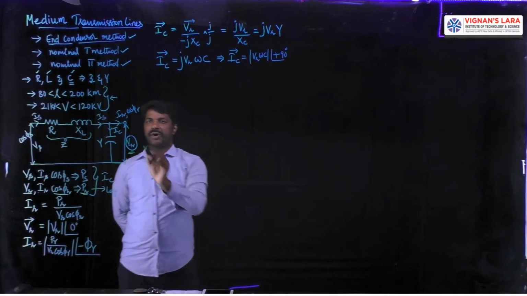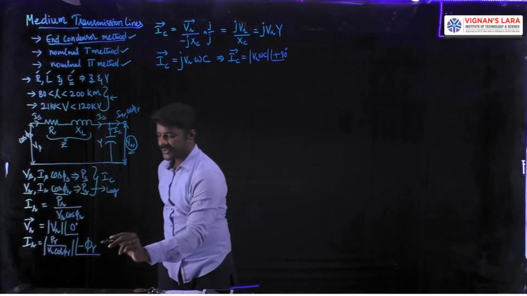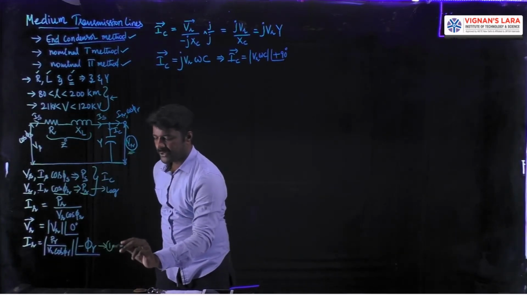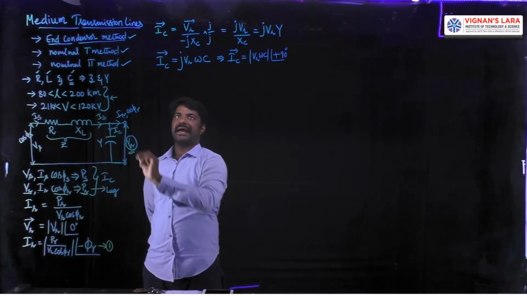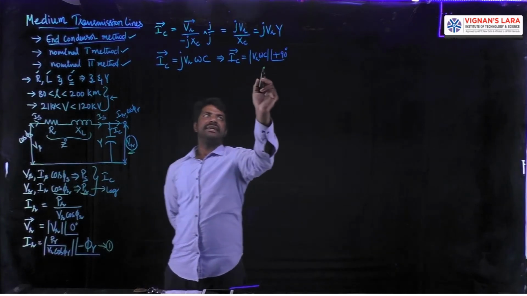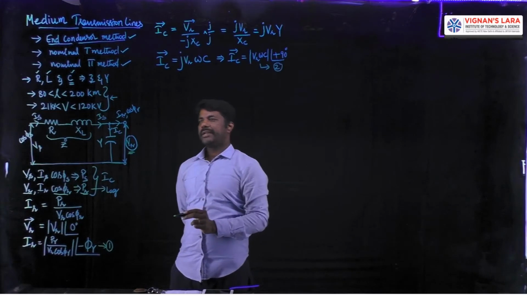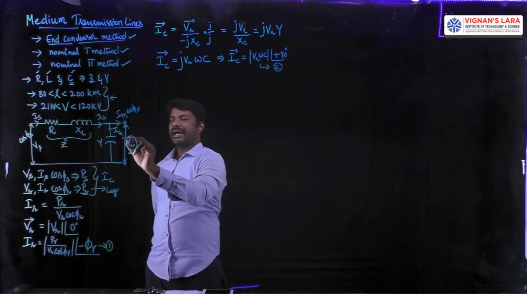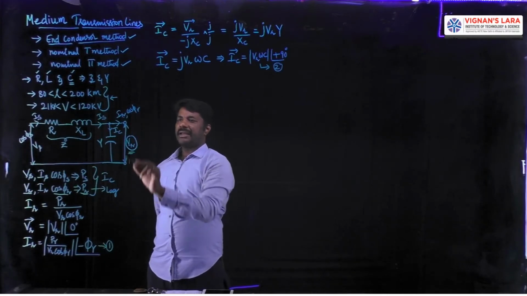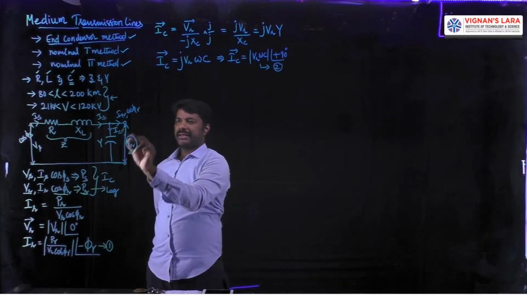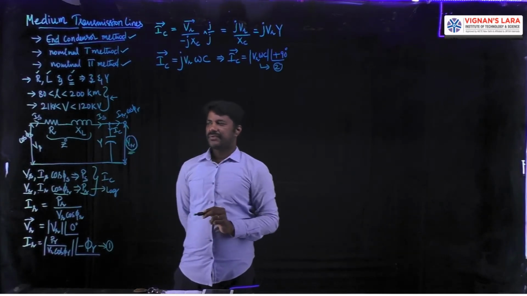So if you check the quantities, IR is calculated in the first step as equation 1. I am putting this as equation 1. And next, in the second step, I have calculated the current IC. This is our current IC, which was shown in equation 2. After getting the magnitudes of IR and IC, which makes an angle of lagging minus phi R and this is leading plus 90, I will add these two currents phasorially, that is vectorially.